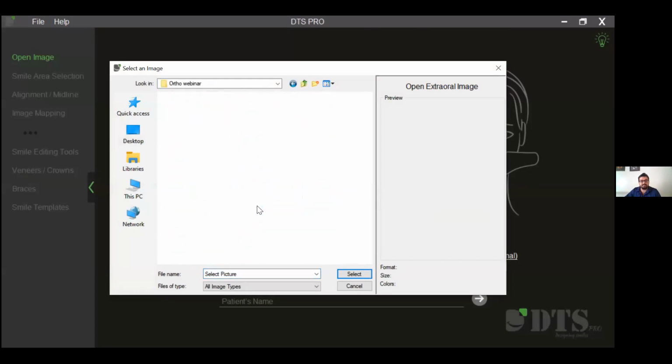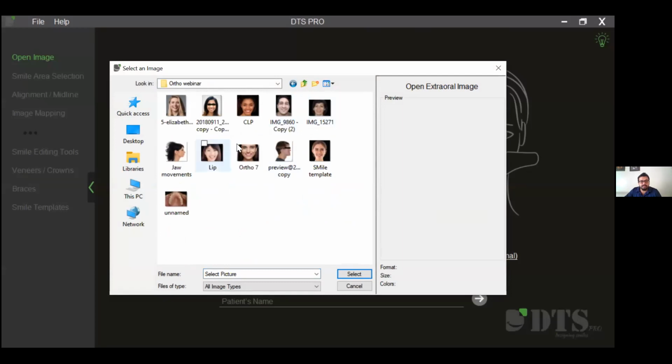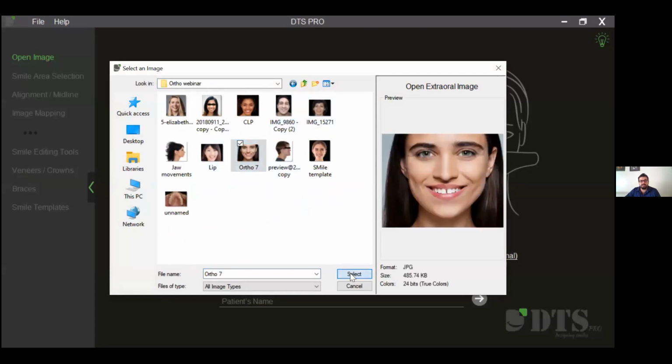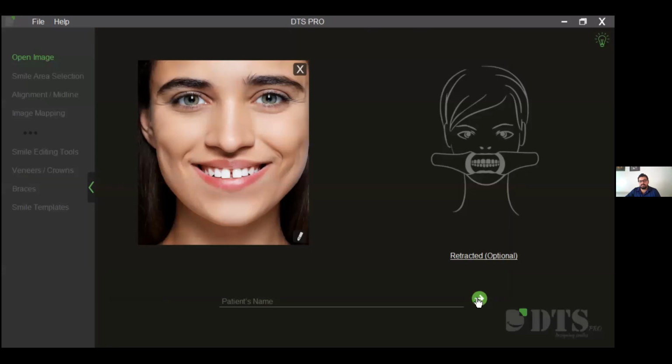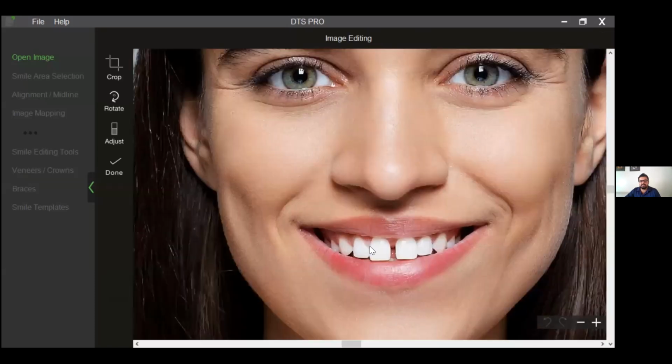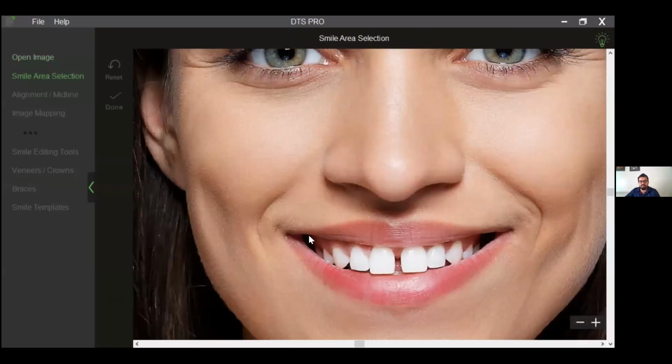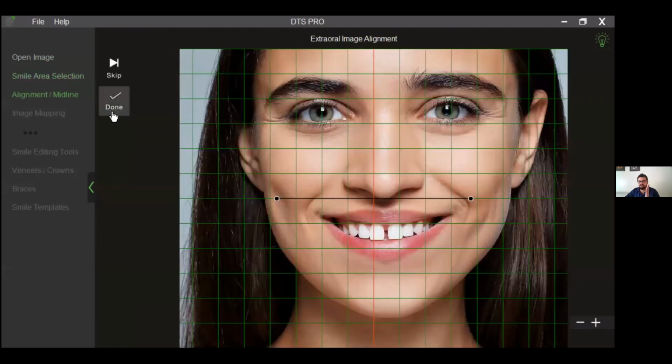So I'll just put up a patient with a diastema, the one I was just talking about. As you can typically see, such patients would really like to see what different treatment modalities can do to their smile. What I'm doing is I have just uploaded the patient's extraoral image. In most cases, as a part of the clinical examination, we make sure that we have taken at least a frontal extraoral image